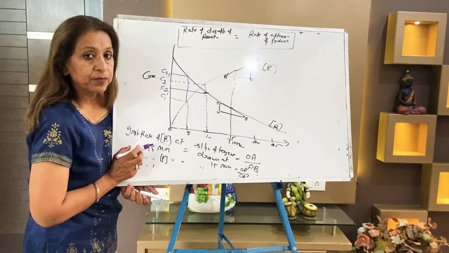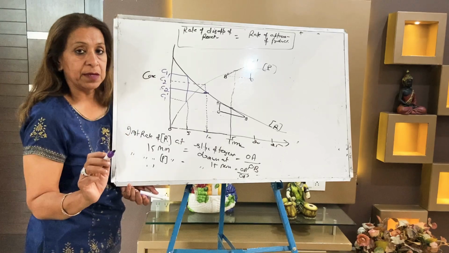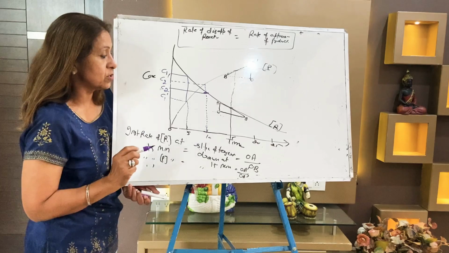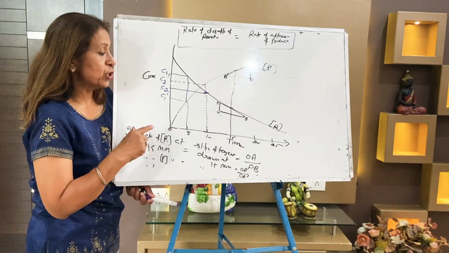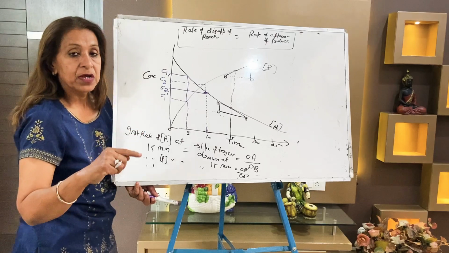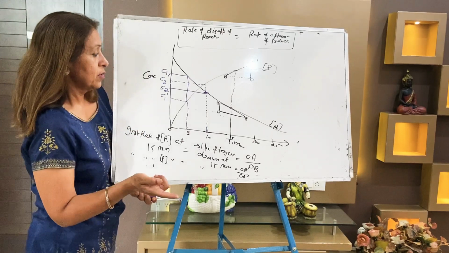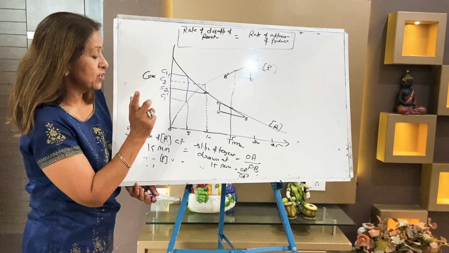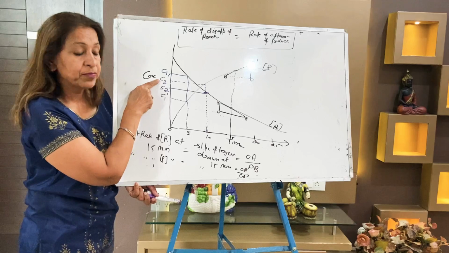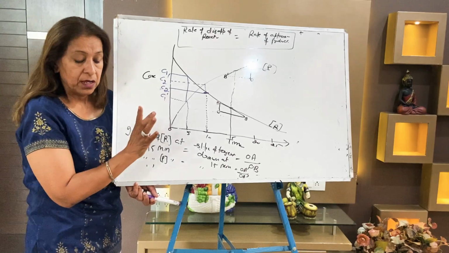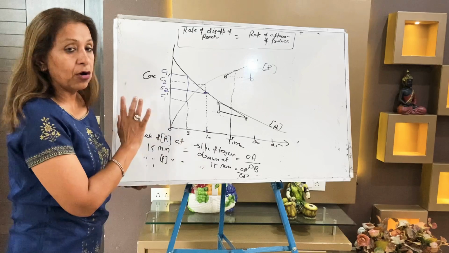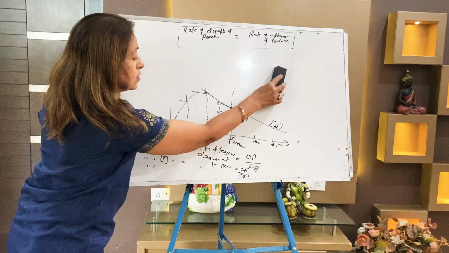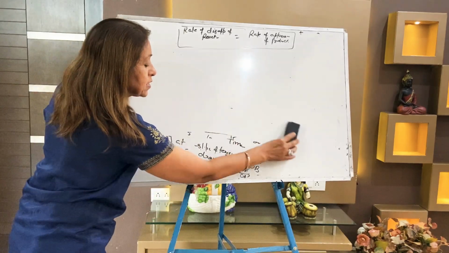I think it's okay now. So average rate, magnitude will come same, but the direction, that is your sign, is opposite. You can check. Average rate of the product will come positive. Average rate of the reactant will come negative, because C2 is less, C1 is more. But in the dash, you check. Now here C2 dash is more, C1 dash is less. So after studying all these curves and values, we came to know this point, that the rate of disappearance of reactant is always equal to the rate of appearance of product.